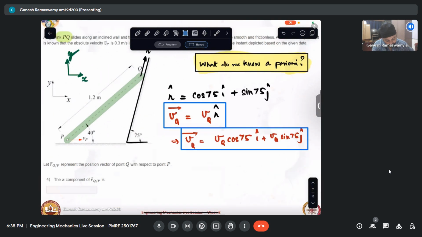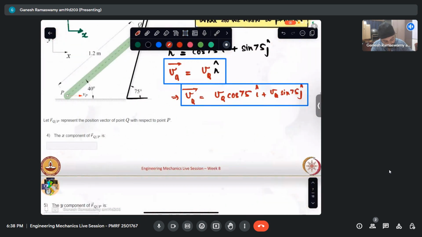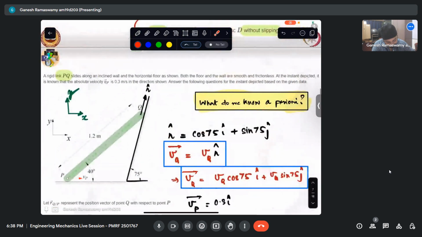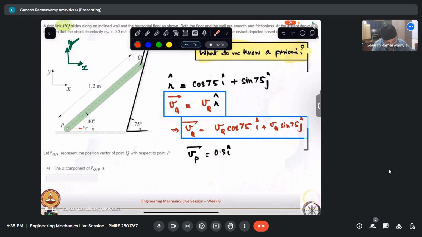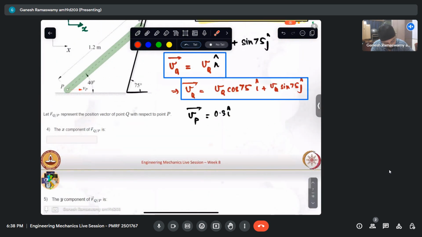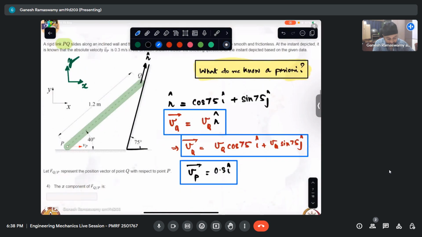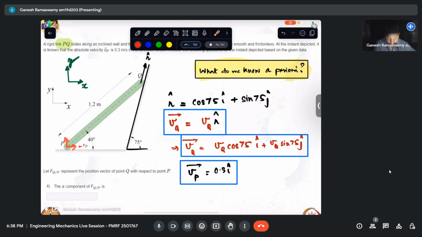About vP, what do we know? vP, we know it as 0.3 i cap. It has no j component. I can clearly see that it is having only a horizontal velocity at this point. So this is something I know. This is also something I know. Now, if we look at our earlier discussion, when we take a rigid body, we take one point whose velocity can be gauged, and then we attach a non-rotating translating axis at that point, and then look at the other point,